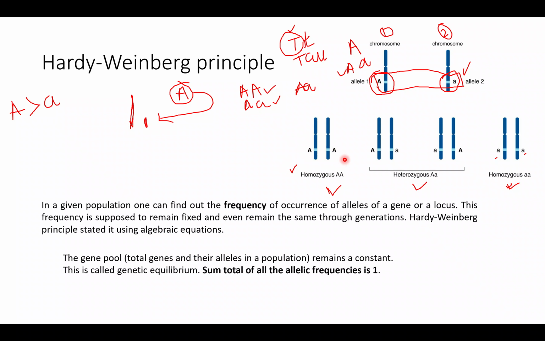Okay, so I hope only the definition part, the definition of allele and the definition of Hardy-Weinberg principle, is clear. I'll explain in detail in the next slide. Just tell me this definition is clear. Now you understand what is the definition of Hardy-Weinberg principle. Yes, you can put in the chat box also. Now we know what is allele, what is frequency, what is Hardy-Weinberg principle definition. Yes, is it clear?